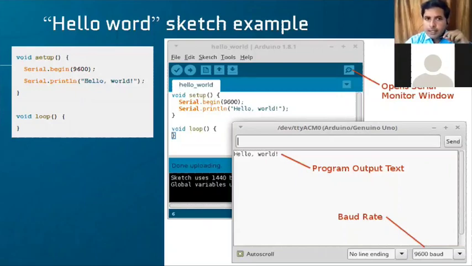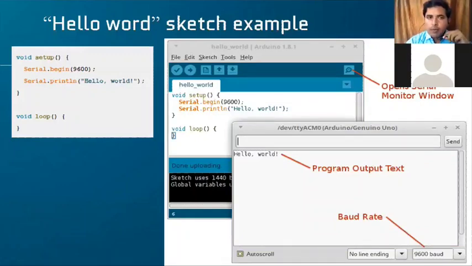Baud rate in the sense, whatever value I'm writing in the program for communication purpose or output input purpose, each bit I'm sending at 9600 bits per second. Okay, this is the transferring rate or communication rate. At this rate, I'm transferring the bit value, or at this rate, I'm receiving the value. And you can change this speed or baud rate, but for a standard or comfortable way, I'll use 9600 as the baud rate.